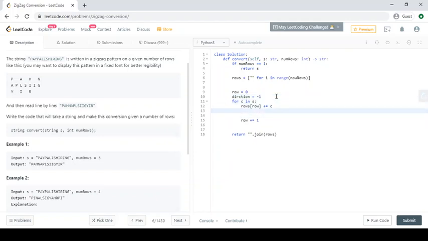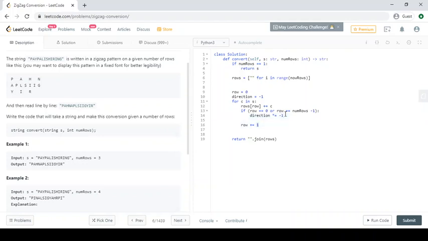We'll check if row is 0 or row is equal to numRows minus 1, then we have to switch the direction.